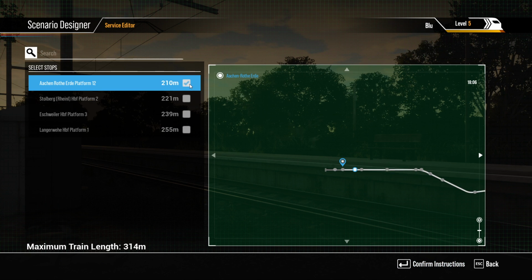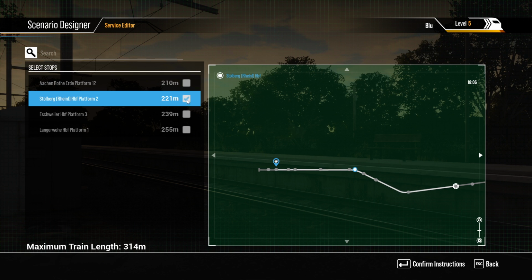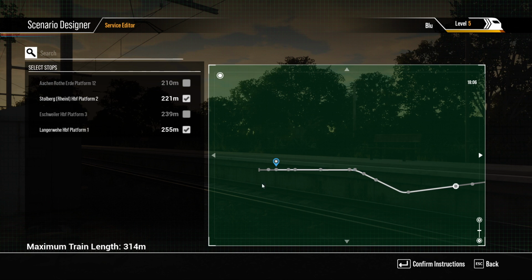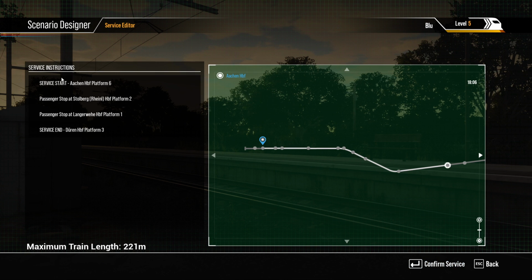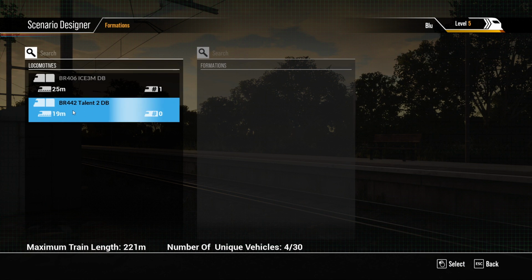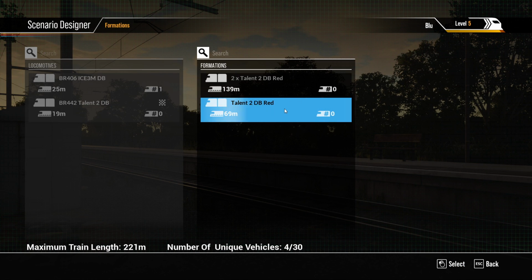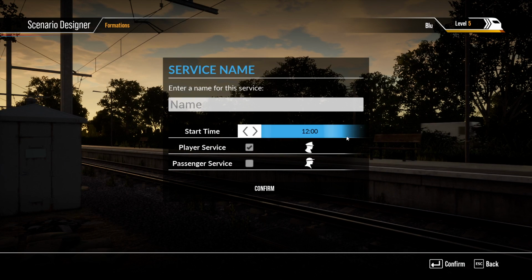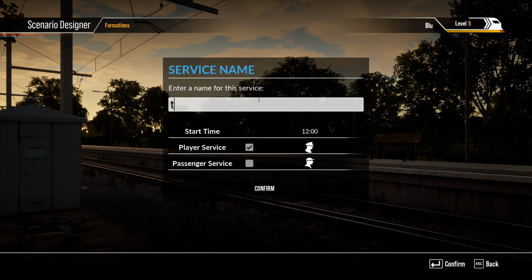And then this one will basically skip through a few stops. We'll just pick like 2 stops for this one. And we'll hit confirm instructions. There we go. And now we've got our instructions here on the left, kind of an overview of what the service is going to be. Confirm service. And now we need to choose a train. So again, it's going to be the Talon 2 DB. Actually, let's go with the longer version of this train. And I'll just name it